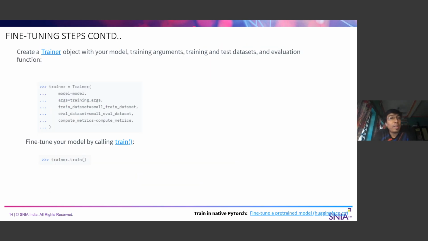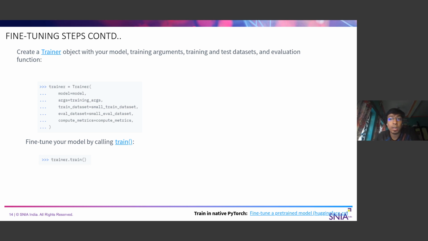Okay, so now we have the training arguments ready for fine tuning. So this is the step for the fine tuning. As we were discussing earlier, the trainer class handles a lot of complexities, and it makes the training process, the fine tuning process, very seamless. So here you can see we are instantiating a trainer class, and within the trainer class, we are passing all the required artifacts.